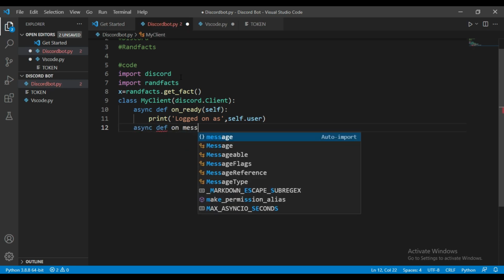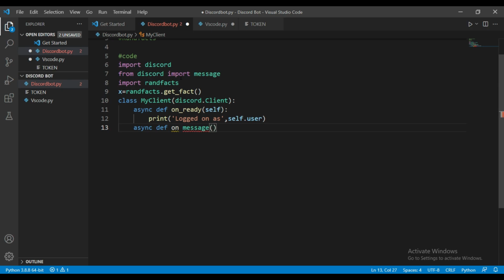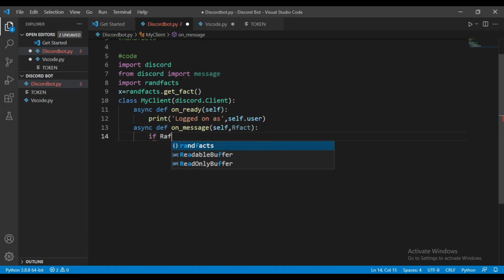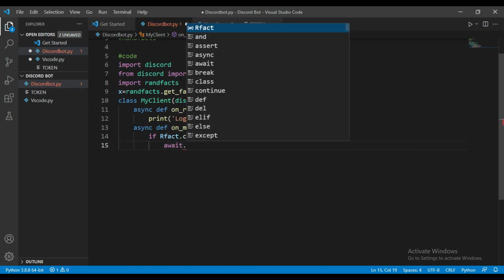Now we need to focus on the second logic, that is how to feed the content into the bot. You have to write the same thing that you did before. You need to give two parameters, self and rfact. rfact is nothing but a variable; you can name it whatever you want. Here I named it rfact, meaning random fact, which will be used to store the random facts generated by the random facts library. Okay. Next I wrote the logic here. The logic is that when the user of our bot gives the command $fact, our bot will recognize that command and send the random fact to the Discord server. So this is the logic that I wrote here.